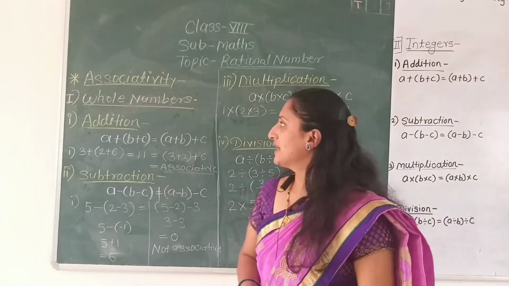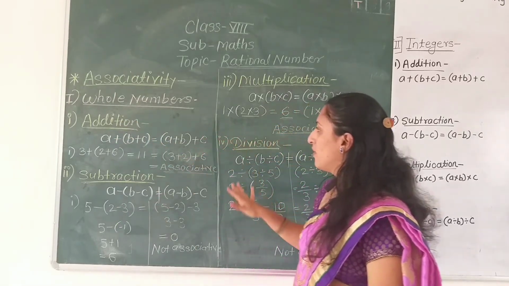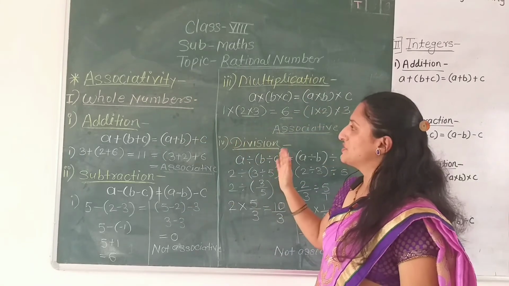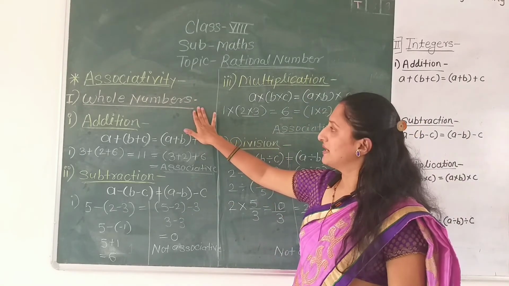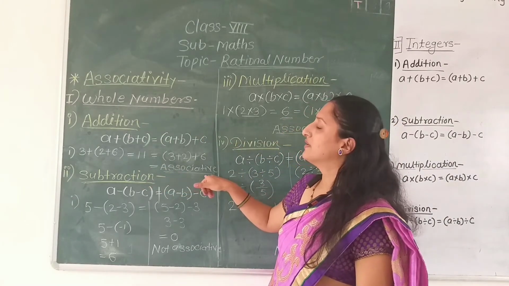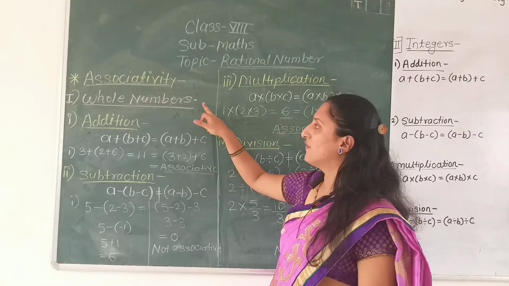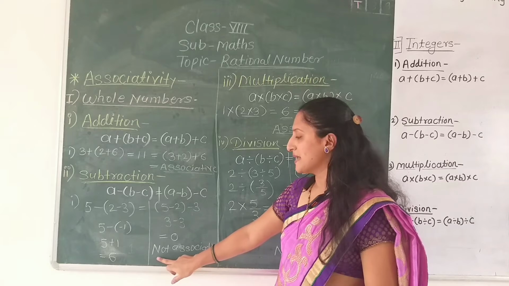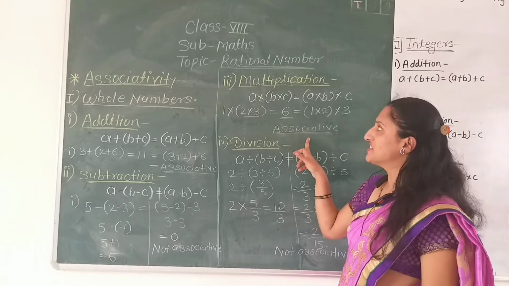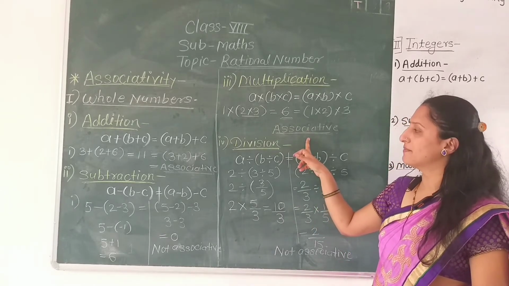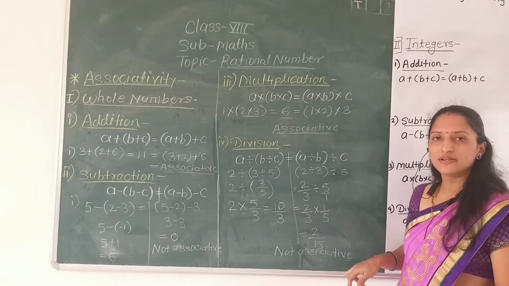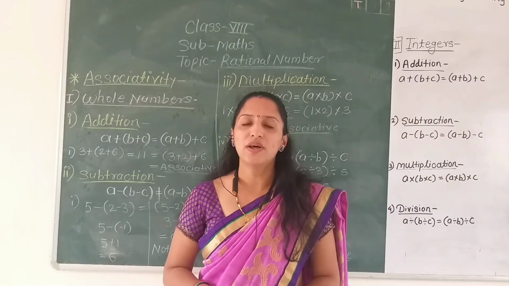Okay, so we check the 4 mathematical operations. For the associative property of the 4 mathematical operations for whole numbers, it gives us: addition is associative for whole numbers, multiplication is associative for whole numbers, and division is not associative for whole numbers. Okay, do you understand this? Now let us check